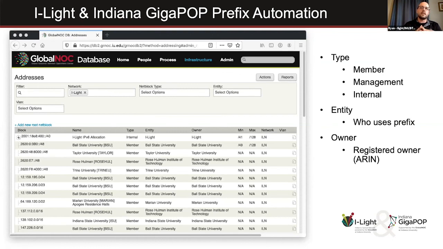When we think of iLight, when we apply new config for the network, or when we turn up new members or new services for members, often we would just go straight to the routers and configure the router, and then the database would be after the fact. We would then update the database to reflect what we've just done for a given member. Well, what's really cool, and I think the direction we're going to go with this automation tool, is it kind of flips that